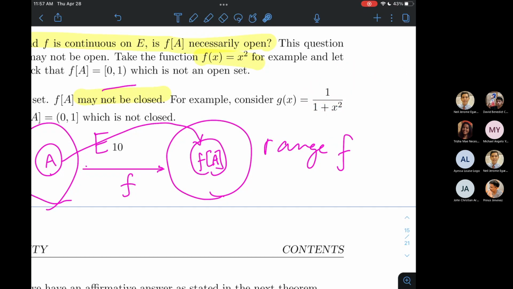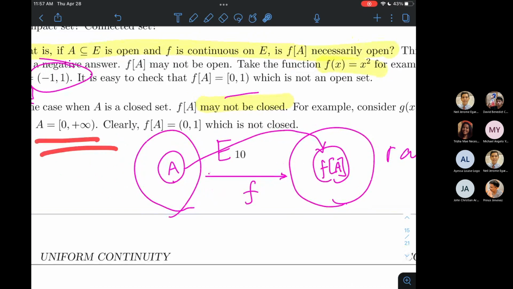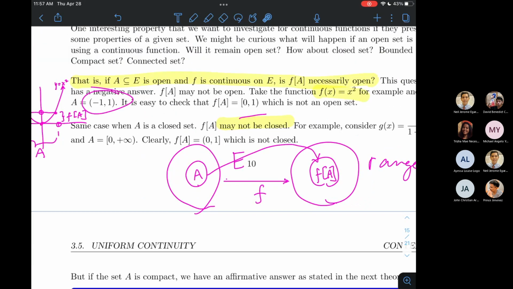All right. So basically, you can check that the image of this set A is equal to the half open, half closed interval 0 to 1, which is neither open nor closed. So ibig sabihin, nakakita tayo ng example ng isang closed set na ang image niya ay hindi na natiling closed under a continuous map. Right? So lesson here, hindi na preserve ang pagiging closed. But